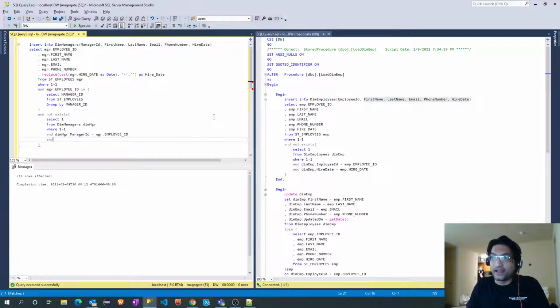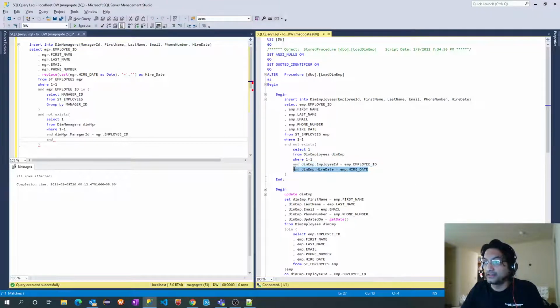This is perfect. And again, manager ID won't be a primary key there. If a manager gets moved from one department to another department, a new record can get created. So that's the reason I am going to use this hire date again.